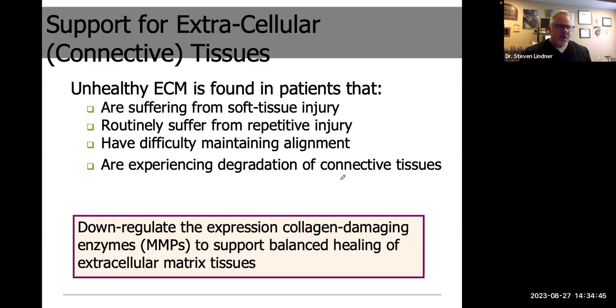So the whole idea is, is there a way of down-regulating the expression of these collagen damaging enzymes? So MMPs, which stands for matrix metalloproteinases. If you look at the word matrix, like extracellular matrix, metalloproteinases, anything that ends in ASE is an enzyme that breaks things down. So MMPs, matrix metalloproteinases, they used to be referred to as collagenases. So anything with collagen or protein is going to be broken down when the extracellular matrix is being attacked. So can we down-regulate or turn down the volume on these MMPs, these matrix